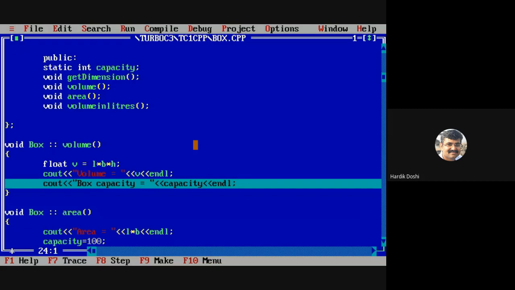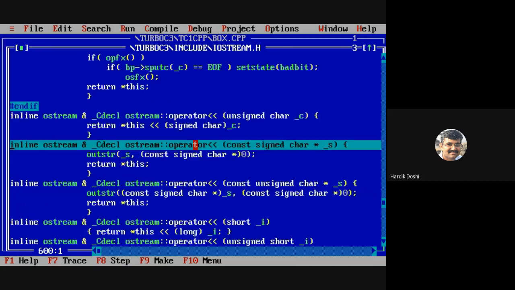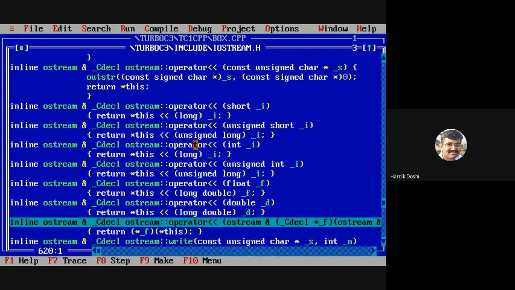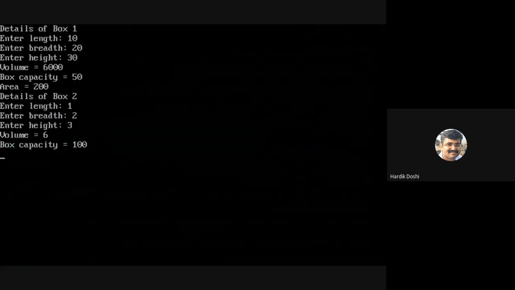भले ना वो तो फंक्शन के अंदर किया ना हमने, पर लेकिन मेंबर तो क्लास का ही है कैपेसिटी, and it will be sharing a common memory. वो B1 से हमने कैपेसिटी 50 किया तो वो B1 को भी सेम लागू हो जाएगा अभी. It will be same for now B2. So now capacity will be from 50 to, we have changed to 100. So it will now not be 50. See this? Now it is 100, not 50.